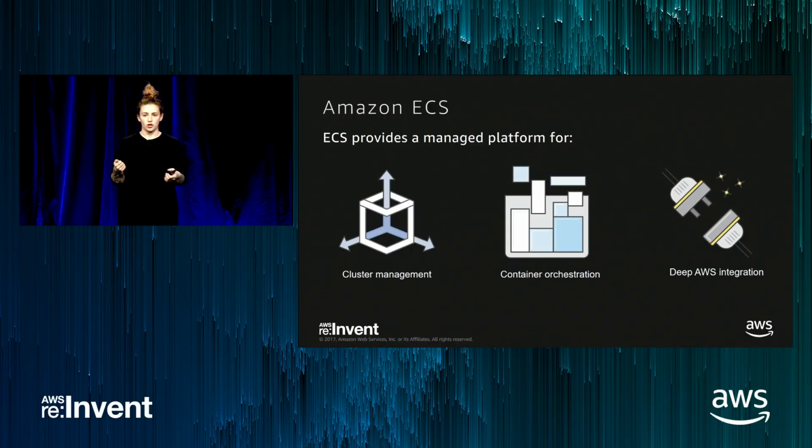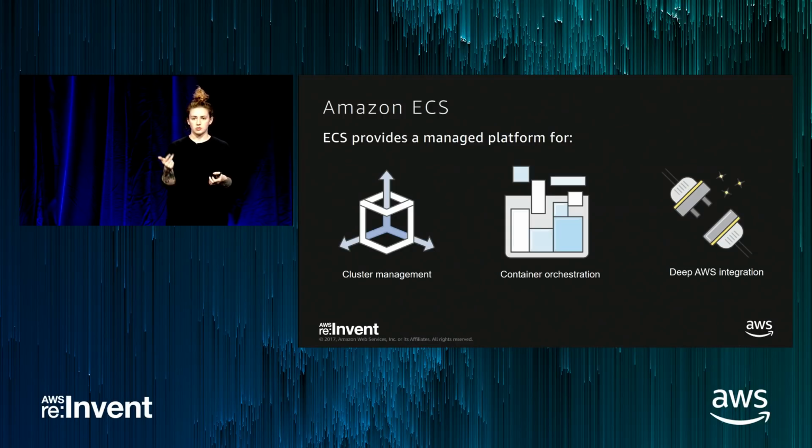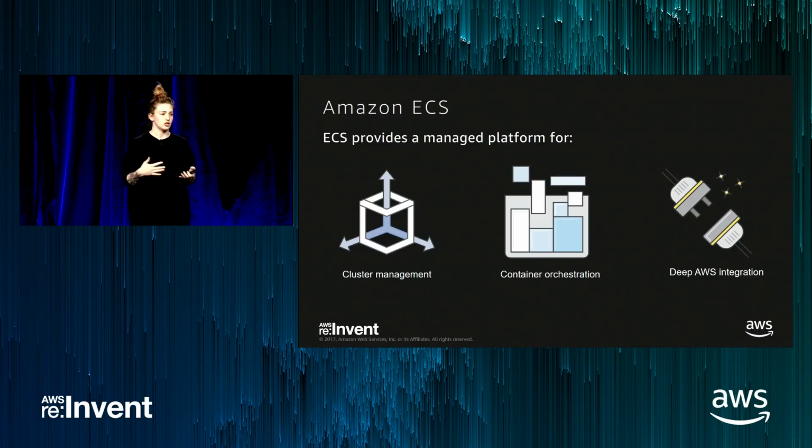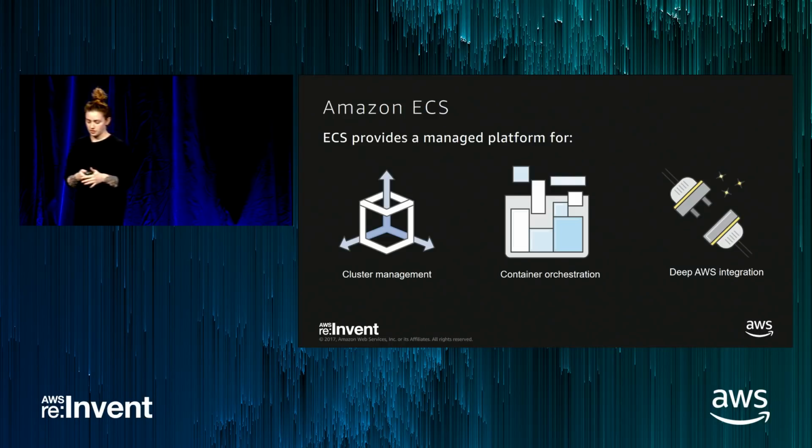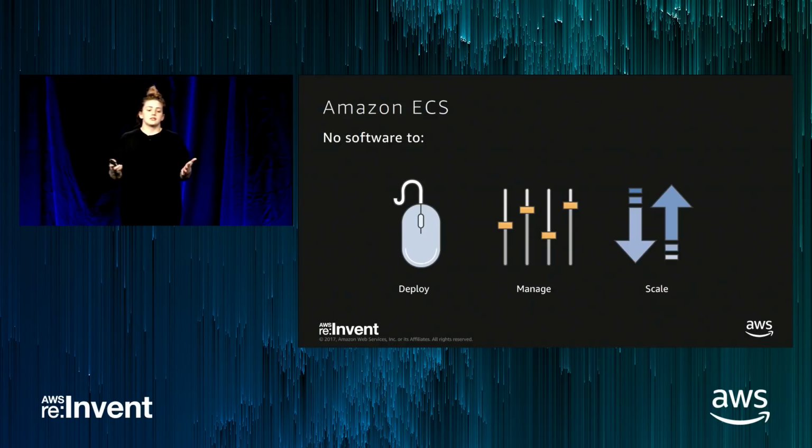So with CloudWatch and the rest, I can use other AWS services to deploy, to log, to monitor, to scale, to manage identity, to handle security. So that's what I consider deep AWS integration. How can I outsource some of those other tasks that I need to worry about when I'm building a good app with containers? How can I get something else to help me so that I can focus on other stuff like building my actual service? So ECS,